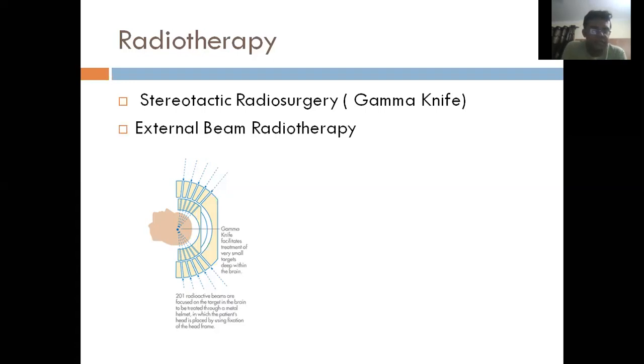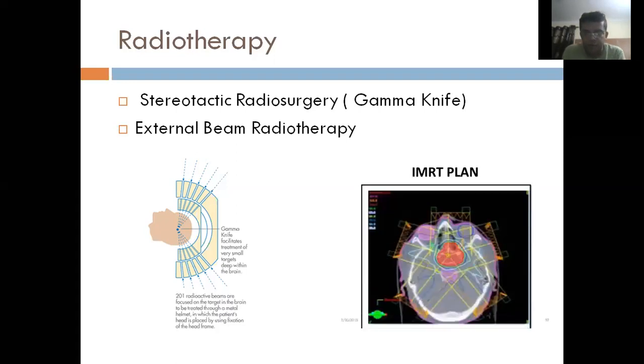Then there is something called external beam radiotherapy. External beam radiotherapy is something like this. You've got multiple sources. This is a source here, there is a source here, there is a source here, and you've got multiple beams coming from various areas, and those beams are hitting at the same spot, the same area, but the involved area is much larger. The advantage of this is that you can customize the way the rays come according to the shape of the tumor, so that the tumor takes up most of the radiation.